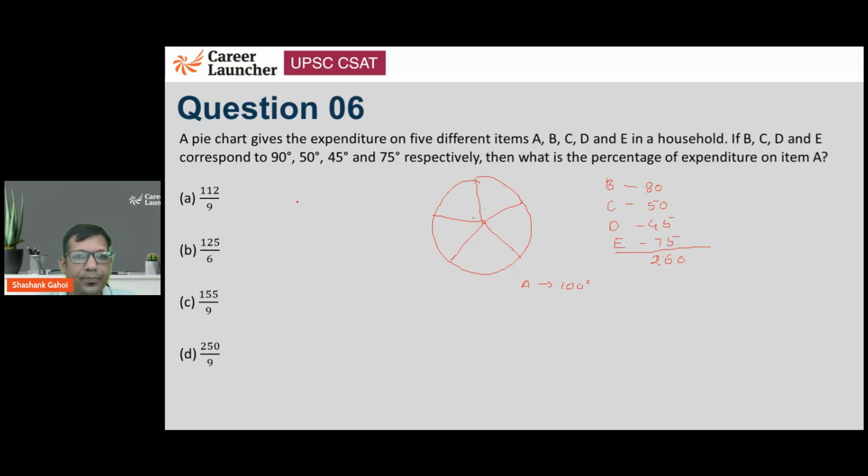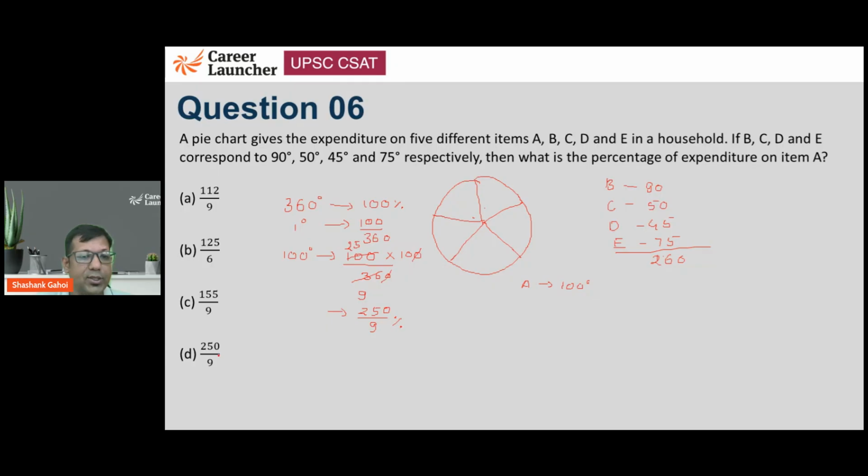Okay. So 360 डिग्री जो पाई चार्ट का है वो हमेशा रिप्रेजेंट करता है कि 360 डिग्री इज इक्वल टू 100%, राइट। सो अगर मैं बोलूं कि 1 डिग्री क्या होगा, 1 डिग्री विल बी इक्विवेलेंट टू 100/360। ओके, 100 डिग्रीज जो होंगे वो किसके बराबर होंगे, वो होंगे 100 × 100 डिवाइड बाई 360। सो बेसिकली अपना आंसर जो है वो यही आएगा, 0 से 0 कट गया, इससे 4 से काट देंगे तो यहाँ पे आएगा 25, यहाँ पे आएगा 9। सो 100 डिग्रीज जो होगा वो 250/9 परसेंट के बराबर होगा,